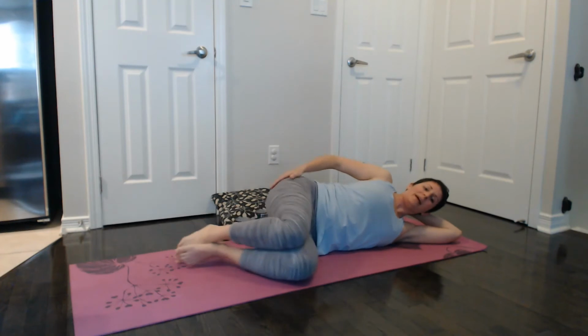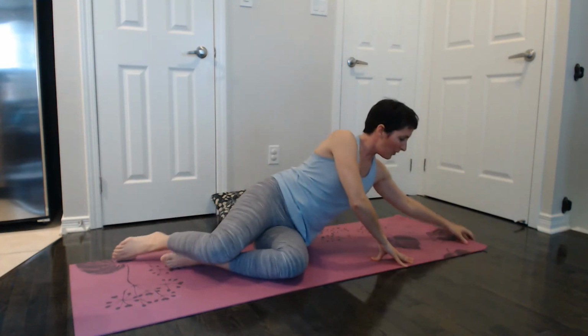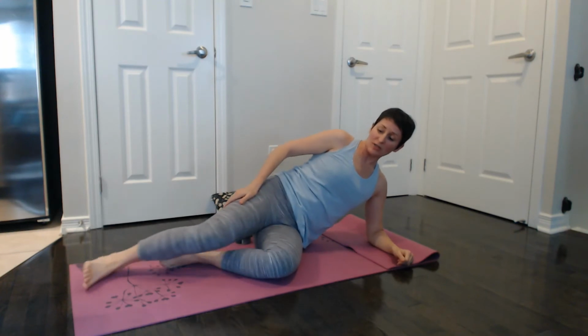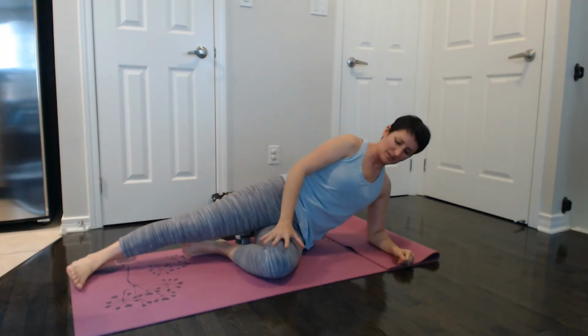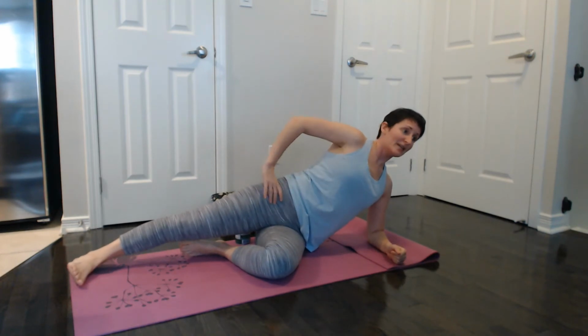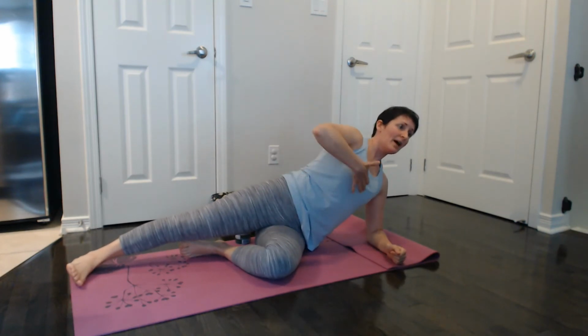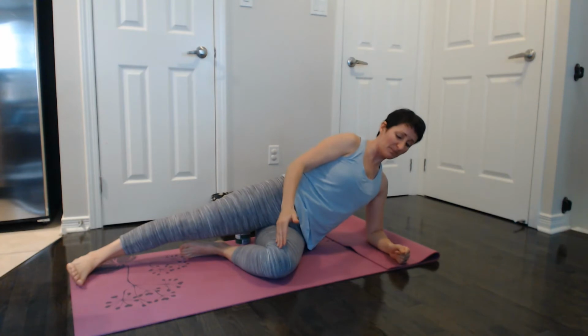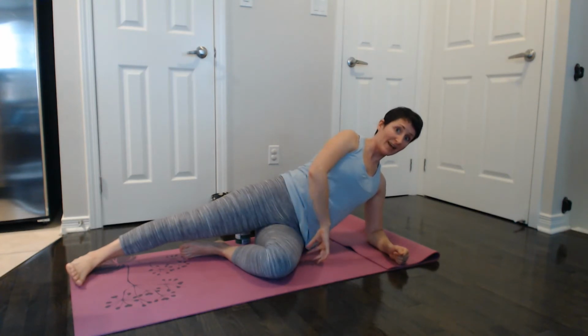Excellent, okay? Letting go here, you're going to come up onto that forearm, double up the mat. I'm going to take that nice strong top leg that we already did. I'm going to push into the bottom leg. So doing a side bridge is like doing the bridge on our back. We already did it. You're thinking little curve in the back. Soften the breastbone so it's not forward. Shoulders away from the ears,